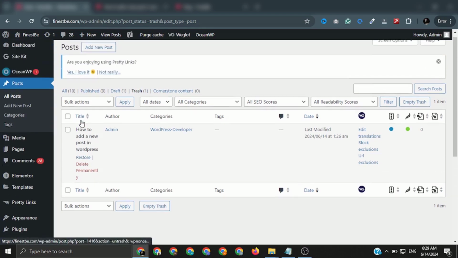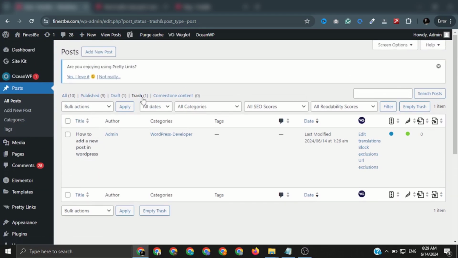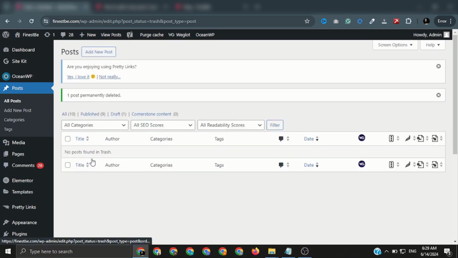But it's still backed up in our trash. If I want to delete it permanently from my site, I can do it by clicking on delete permanently, or restore it by clicking on restore. That's all for the post.